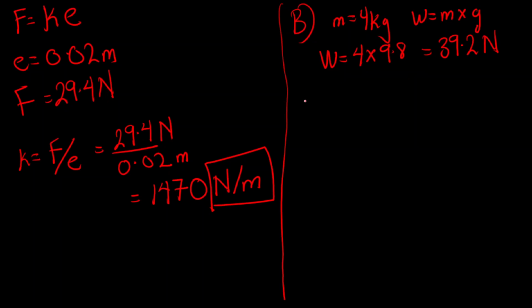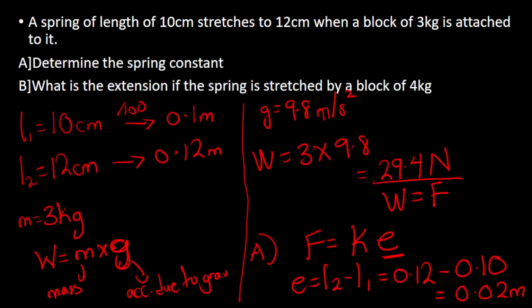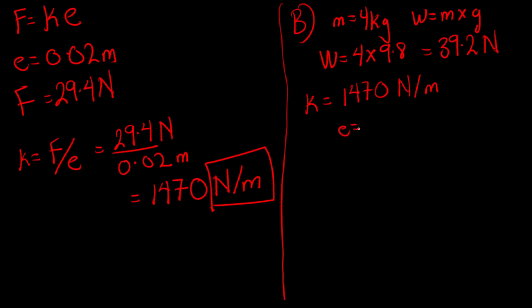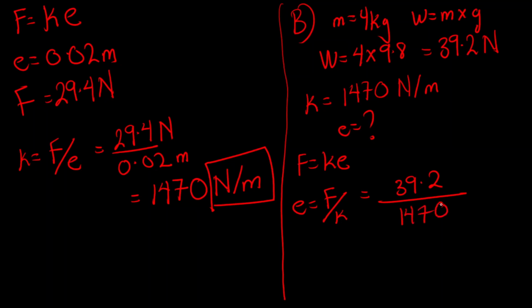Okay, and then what else? We have our spring constant, K, which is 1470 Newton per meter. So what we're looking for here is the extension. So E. We know that F equals KE. Make E the subject of the formula, and we have E will be equal to F over K. So what's our F here? It's 39.2 divided by 1470. That should give us